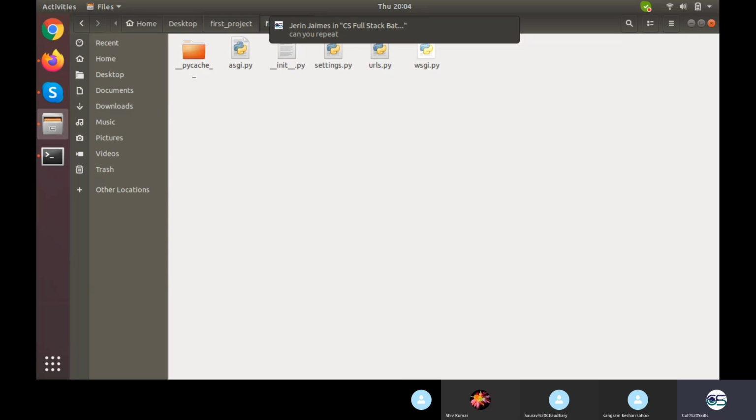Okay, so I repeat, the question is that I want to change my database serving platform. What do I mean by database serving platforms? There are different database serving platforms like MySQL, Oracle, Microsoft SQL Server, and all that. And then there is something like MongoDB, Cassandra DB, MariaDB, Postgres. A lot of data serving platforms are available. So which file do I need to change in order to change my database platform from one to another?